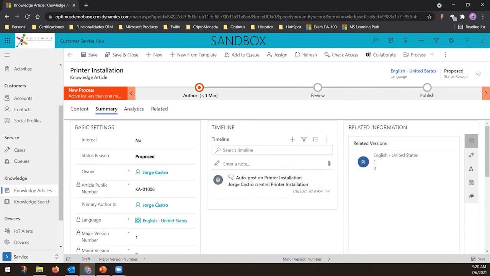Okay, when you create an article, there are many different fields that are going to be filled automatically. The status by default is going to be unproposed, because it's like a draft. It's not totally a draft, but you are creating a draft. So at the beginning, the article is going to be unproposed, and when you're ready and you want to pass it,